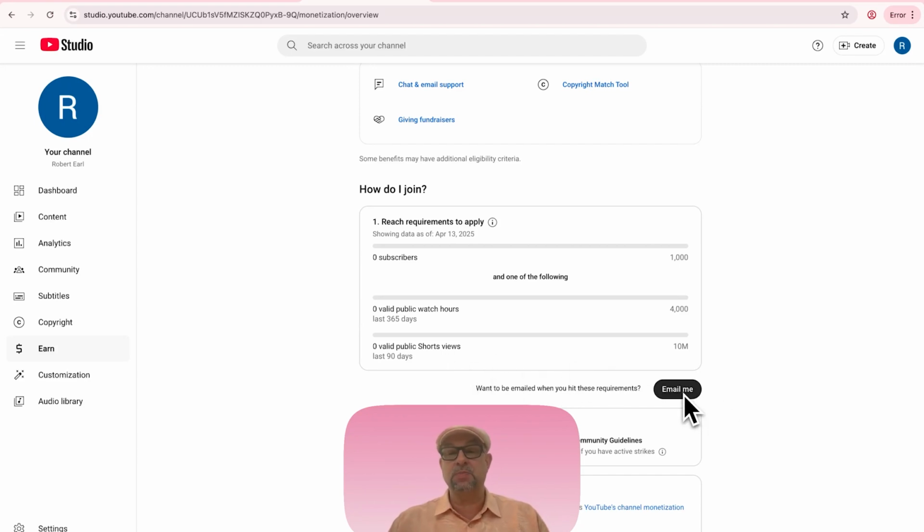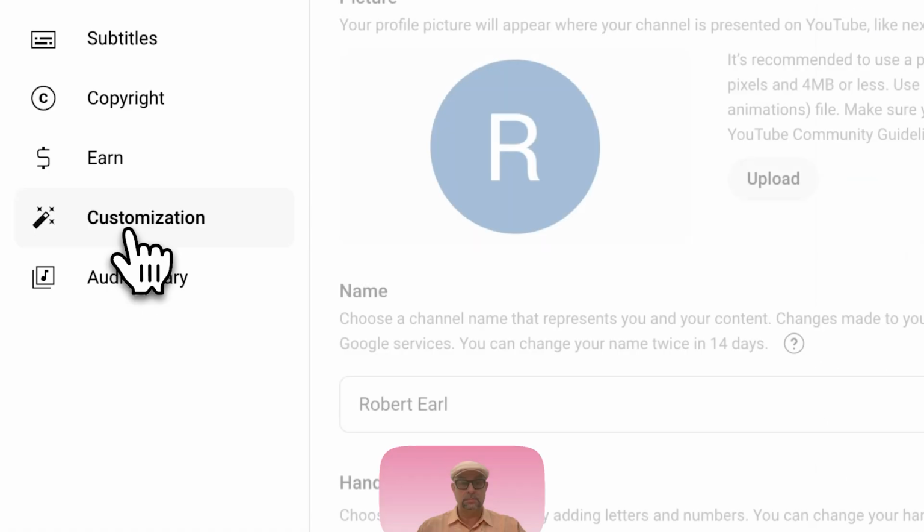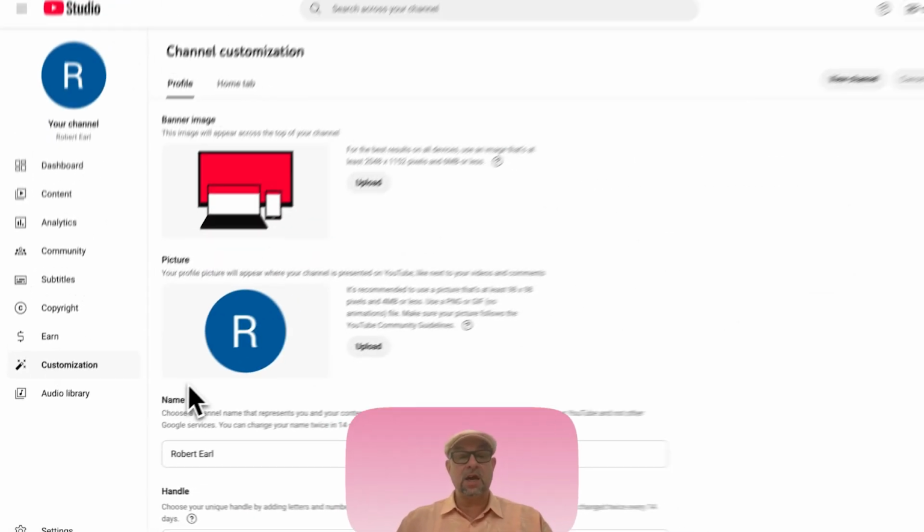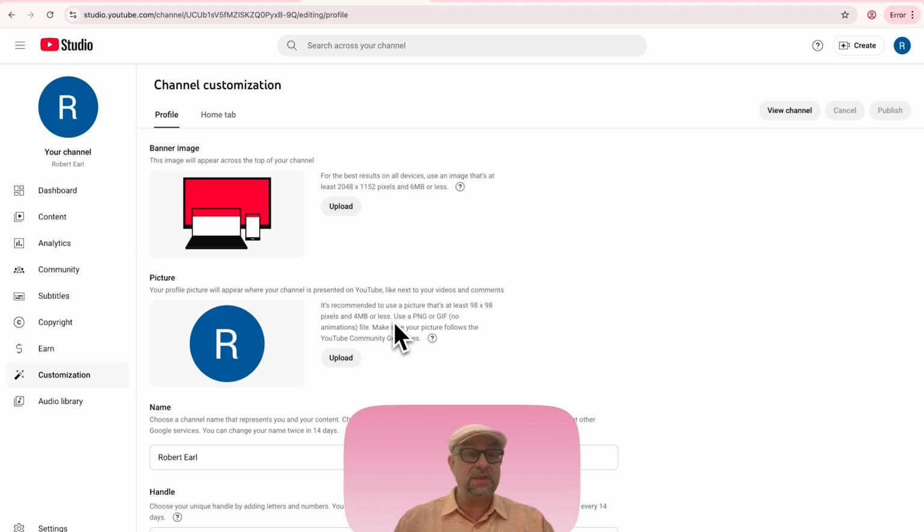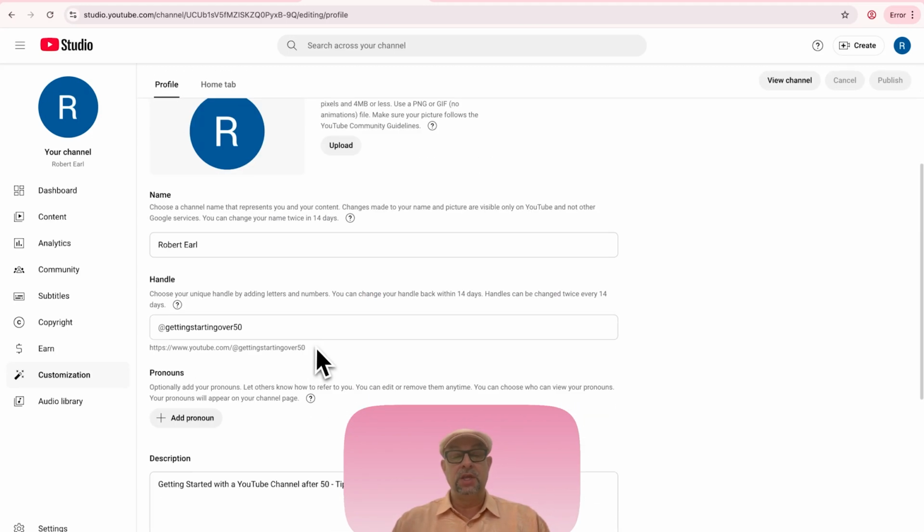I could click this button right now and it would email me when I am eligible. You can click on this earn button to see how you're doing with your channel. It's always going to be about a week behind as it calculates the information. If I click on customization, we were already at this particular screen. This is how you're able to get back to it for setting your profile picture, your banner information, your name,